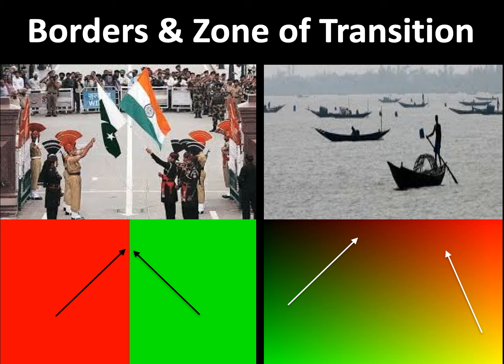On the right side, we can appreciate it's a border between India and Pakistan in the sea near Gujarat. So it's a sea border, and we are unable to differentiate where India is and where Pakistan is, and it makes it very difficult to appreciate the border between two countries in the sea. So on the left side it's a land border, and on the right side it's a sea border. So well-defined tumors are like land borders, having a narrow zone of transition, and malignant tumors are like sea borders between two countries, very difficult to appreciate, and it's an ill-defined lesion or a malignant type of lesion.